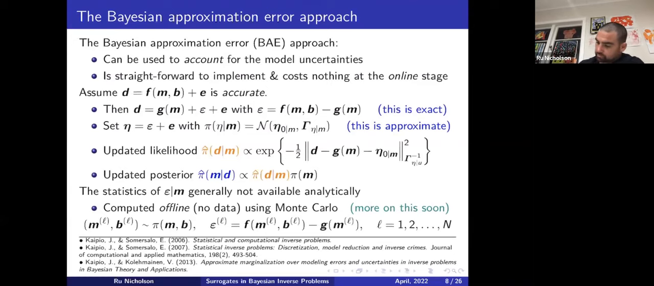Okay, so how does this whole thing work? The first big assumption is that the original model was accurate. Okay, and so that is an assumption. But given that assumption, then